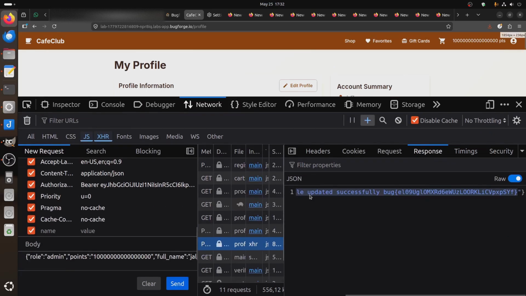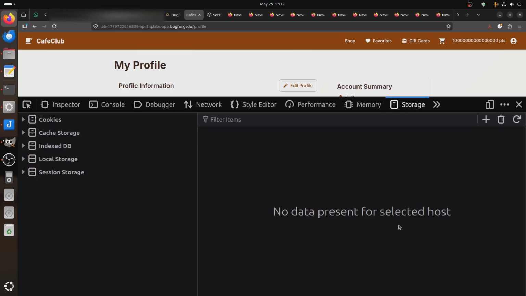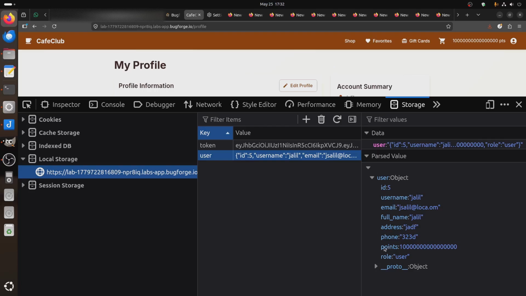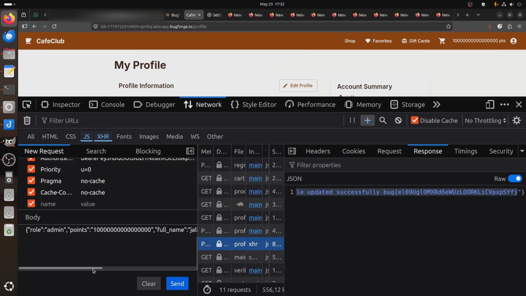So this one is basically you check mass assignment. Whenever you see JSON like that, you think about mass assignment, and the fields, as I said, you can just know your fields are there, the points and the role. I think that's not too much you can talk about these things. It is mass